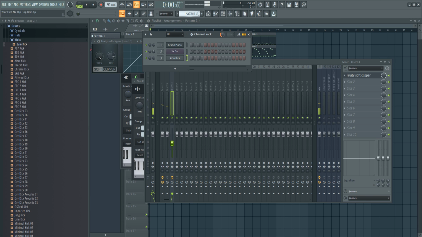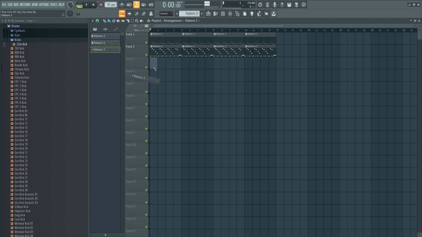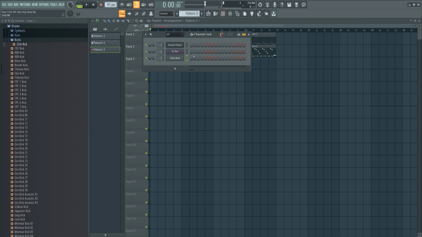Now let's go to pattern 3 and let's start creating a kick pattern. So what I like to do is drag a blank pattern into the playlist and left click and manually drag it out, because you can hear stuff as you're playing the track in the background. It's just the best way I found. Go to channel rack and left click on your kick. And now we want to boom. So boom, tap, tap, tap, boom, tap, tap, boom, tap, tap, tap. Sound like Jay-Z. Ta-ta, mama.